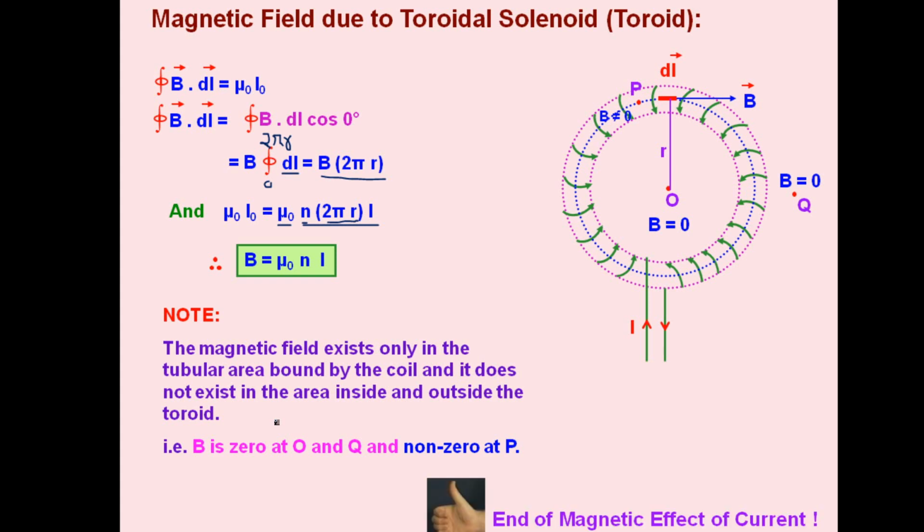So this is the end of the first chapter of our magnetic effect of current, and this symbol is very important. It is the rule used to represent the direction of magnetic field due to a current carrying conductor of any shape. This is the universal rule which we can apply to find the direction of magnetic field due to a current carrying conductor, and the conductor can be of any shape. This is very important. So we are closing this chapter here.